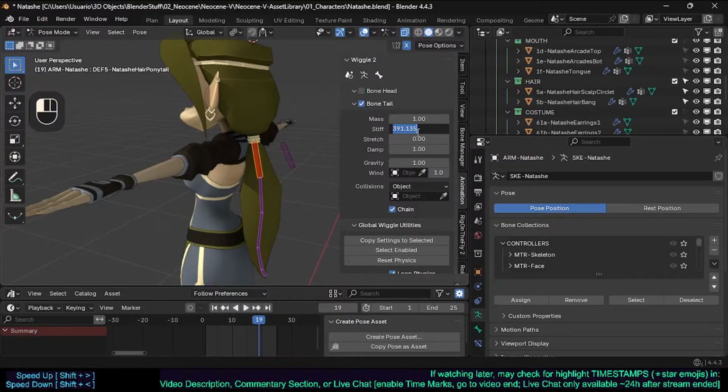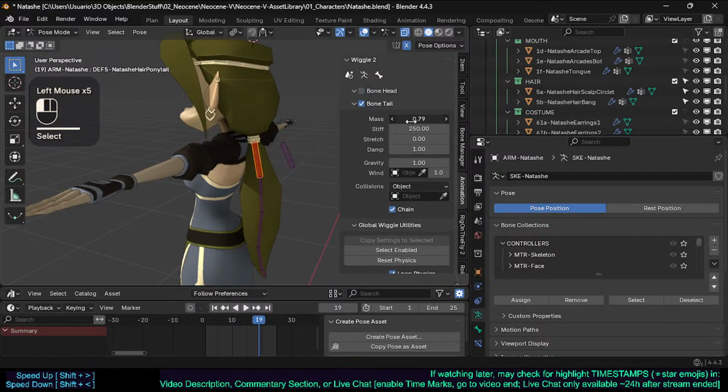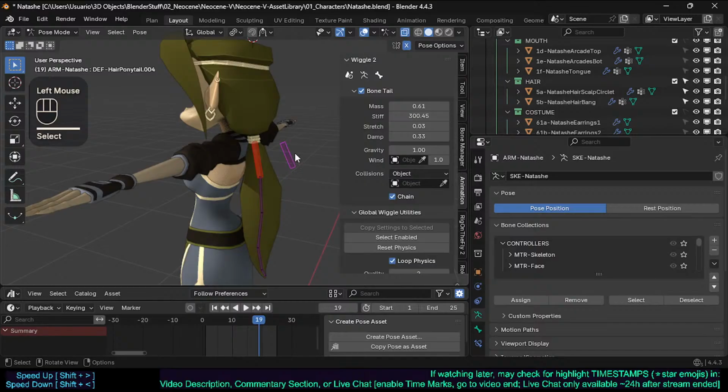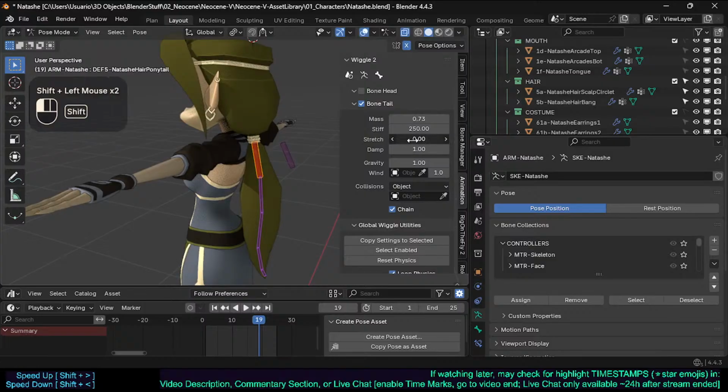for this ponytail, I don't know, 250, let's see, for this one is 300, right? Mass, we could give it like this. Stretch is very dangerous, so we're going to leave just 0.01,